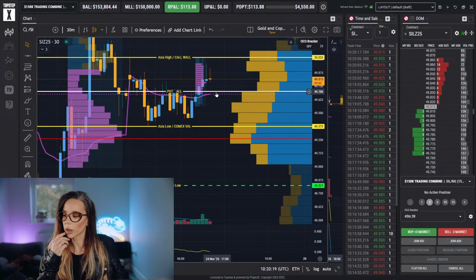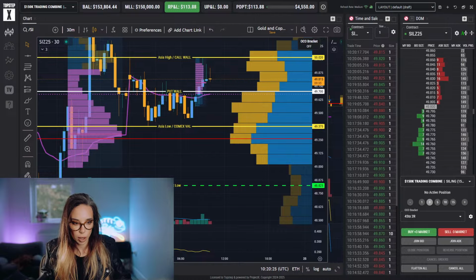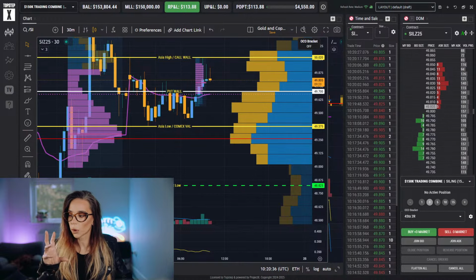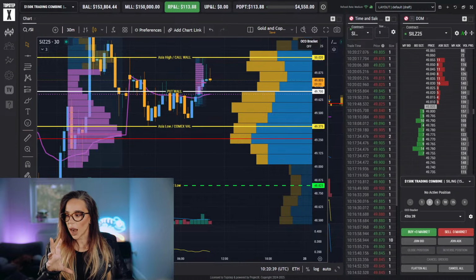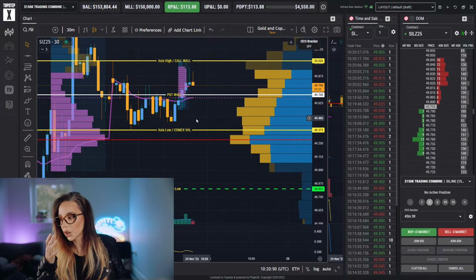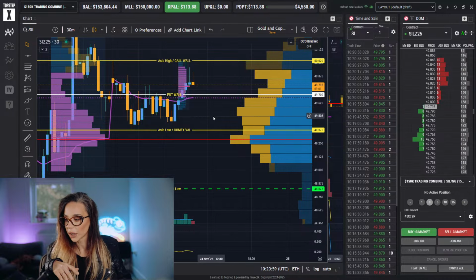For example, there's a put wall here. I don't think that's super strong. But yeah, the fact that the call and put are so close together, I would say that would speak to the rollover, because usually you would expect the puts and the calls to be pretty far out, but now they're not. So I'm guessing there will be a lot of people who are maybe hedging or doing some spreads, and that might cause us to just go into a bit of a nothing day.